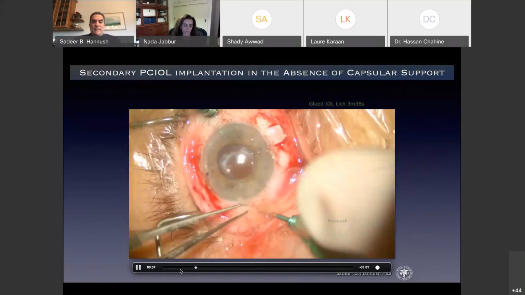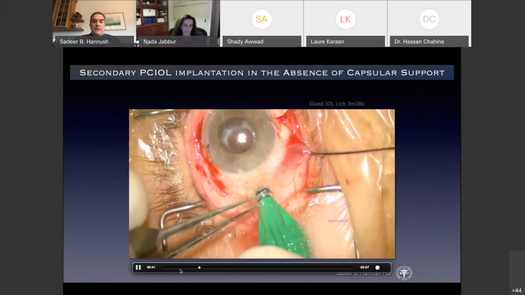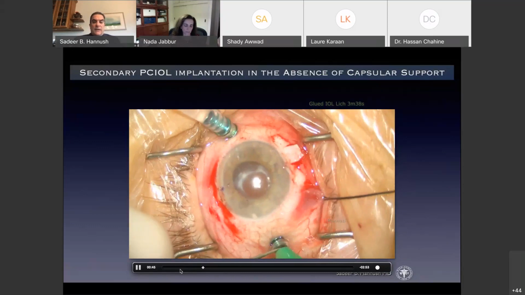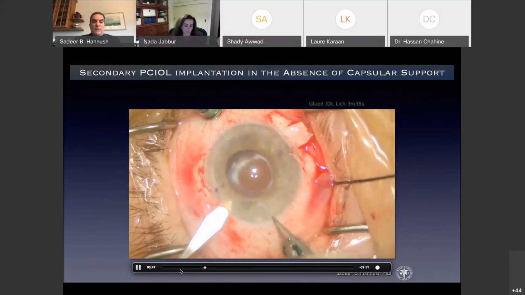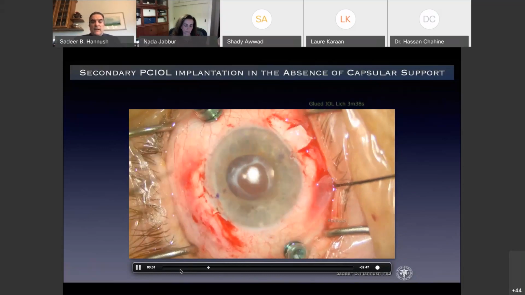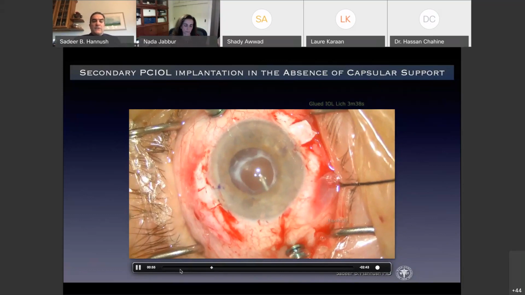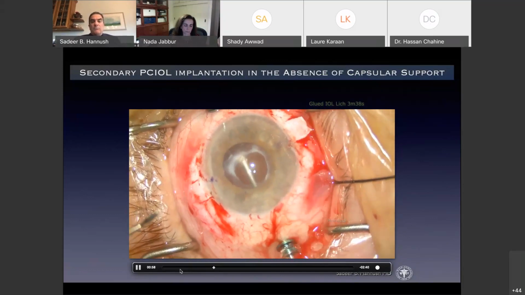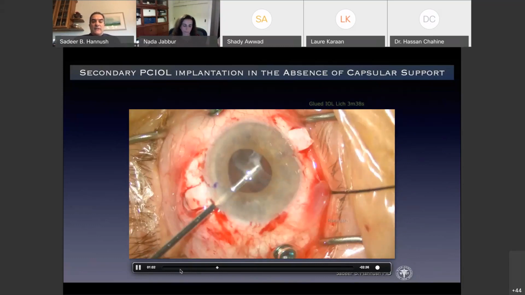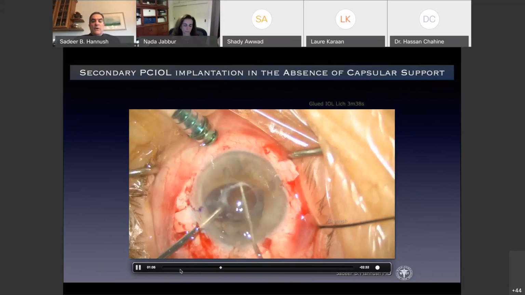Now, there are many advantages to entering the vitreous cavity through the pars plana, and this is not a talk about pars plana vitrectomy. You have many retina people who can do it justice, but I definitely think that will help you significantly. So here I am entering with a 23 gauge cutter and doing, I would say, a limited anterior vitrectomy. And then you can use either the vitrectomy probe or